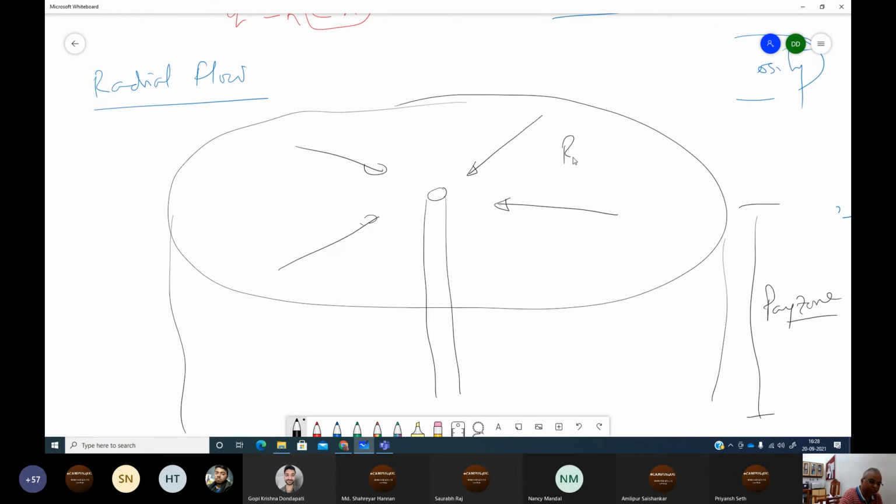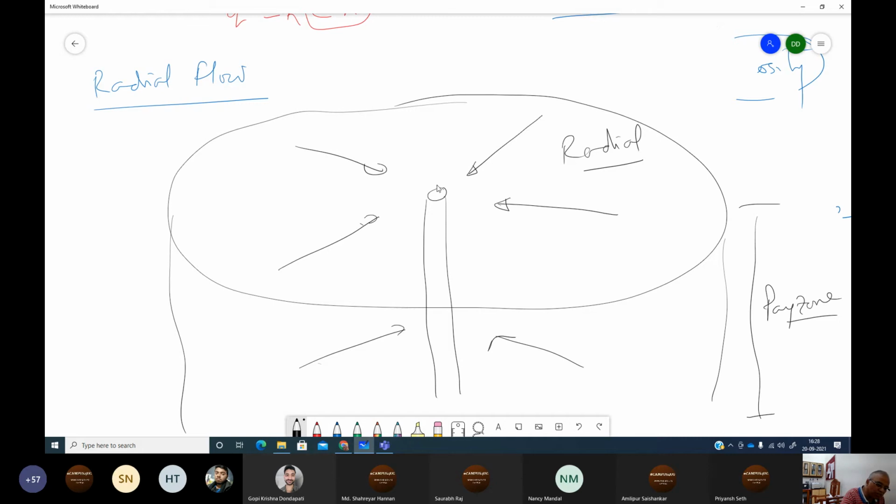So that's why it is called radial flow. Okay, that's why it is the radial flow. So it is no longer linear flow. Even in here also, everywhere, these will flow like this, even in the bottom also. So it will come towards the center of that hole or the well bore.